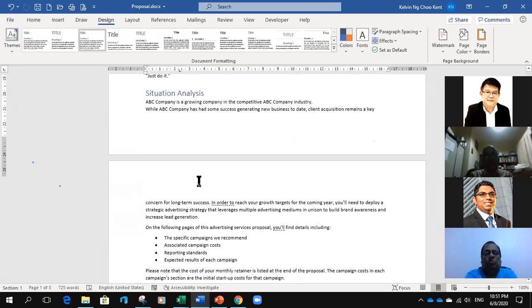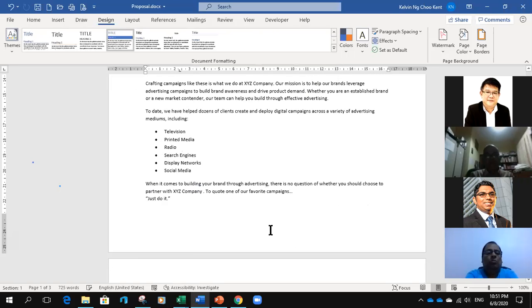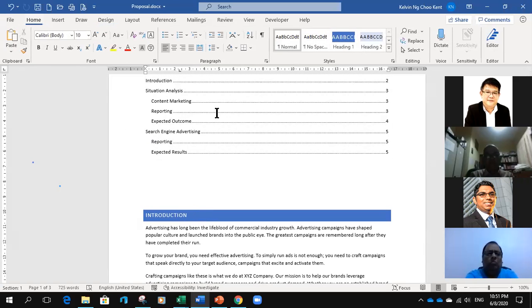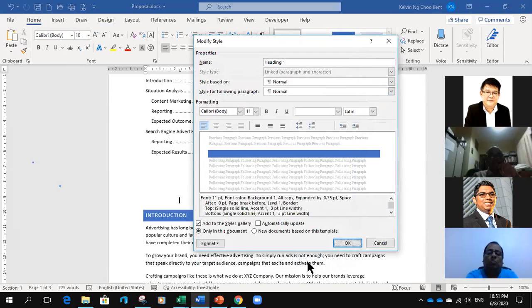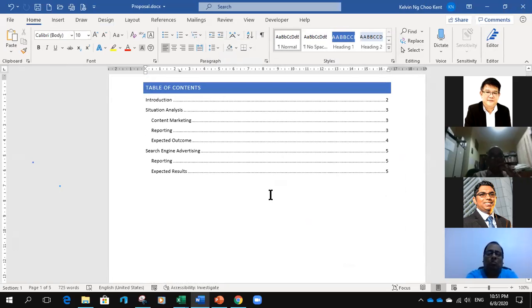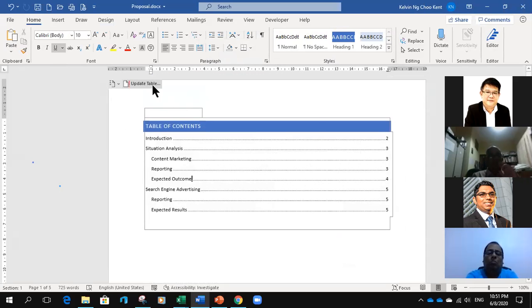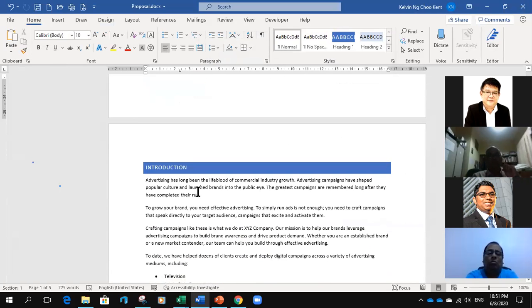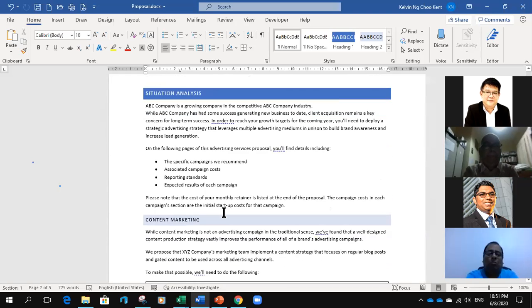And the font has changed. It was Century Gothic earlier. Now the font has changed. So I'm going to use this instead. But because I'm doing that, it does not come with the page break anymore. So I need to go to my heading one. I have to do the page break again, because this style does not come with the page break. So I do the page break. There you go. And I need to update this page again. Page break, okay. There you go. So this is how it looks like now. Compared to my earlier decision on the colors and so on, now it has changed to something totally different.